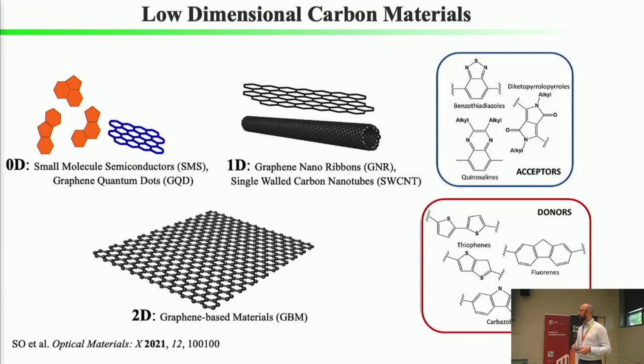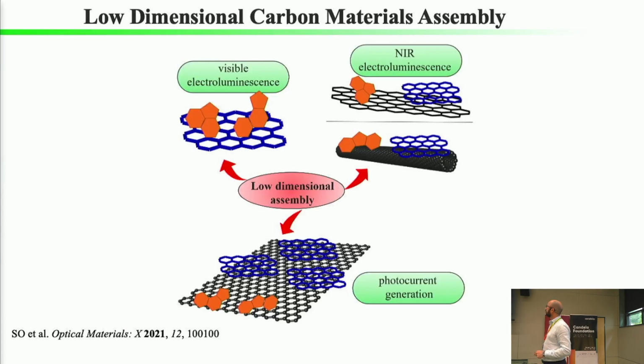can be considered also as molecular graphene or PAH or you name it, but they are all the same, essentially a small graphene chunk. And we can also consider as 0D material some small molecule semiconductors that can be either donor or acceptor. While those systems are interesting on their own, if you put them together to make a heterojunction, then